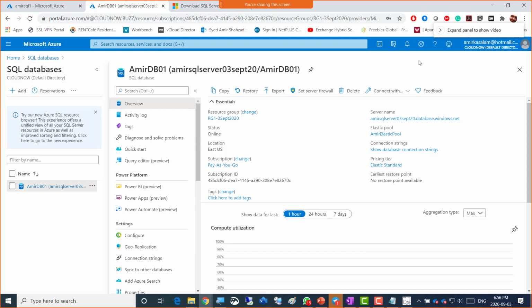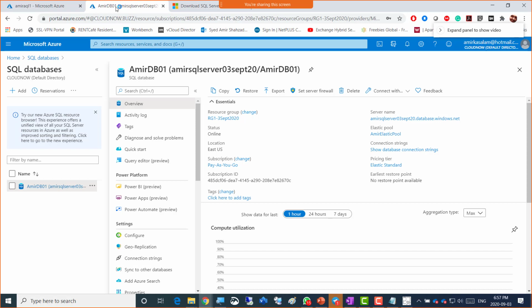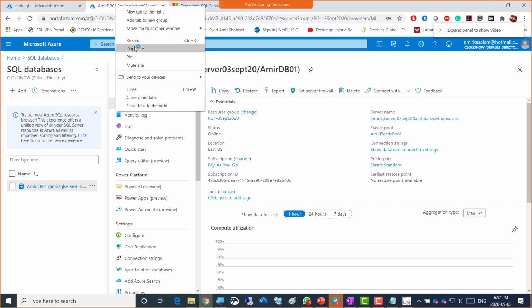From there also we can attach some Azure Active Directory users. In our Azure, I think we have online created users as well. So we need actually one end user that was created in the cloud in Azure Active Directory directly, and also a global admin user. So in this tab, my SQL Server is open. In this tab, my database is open. So I'm just going to right click and duplicate the tab